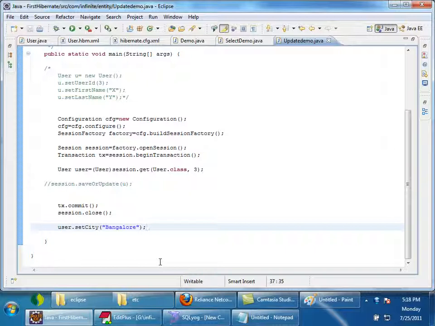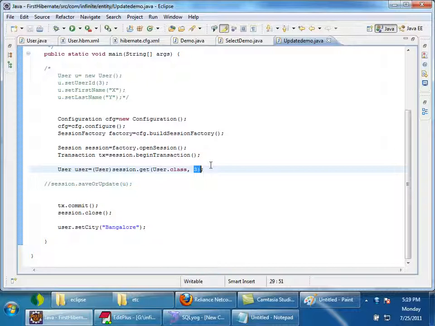No, why? Session is closed. Once we close the session, the persistent object is no longer associated with the session. Is there a row corresponding to this user object whose ID is 3? So it is in which state? Detached state, right? After the session is closed, all the persistent entities will come to detached state.